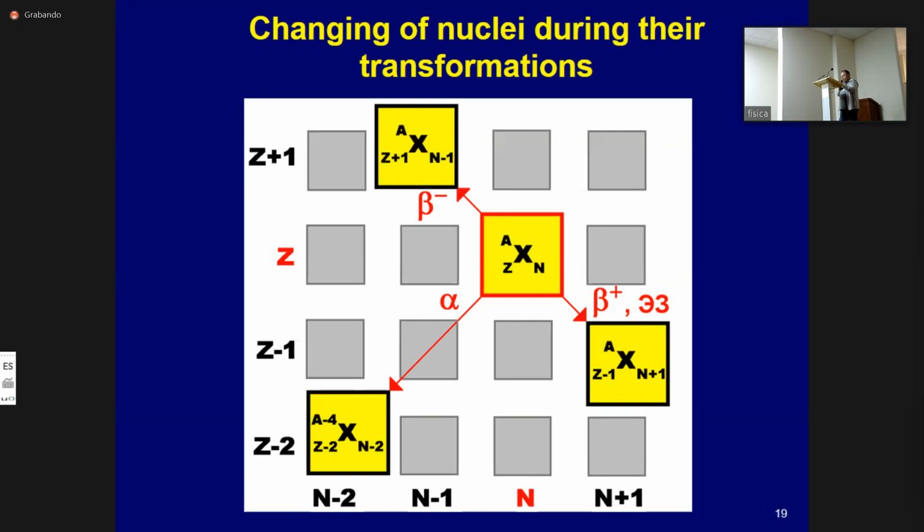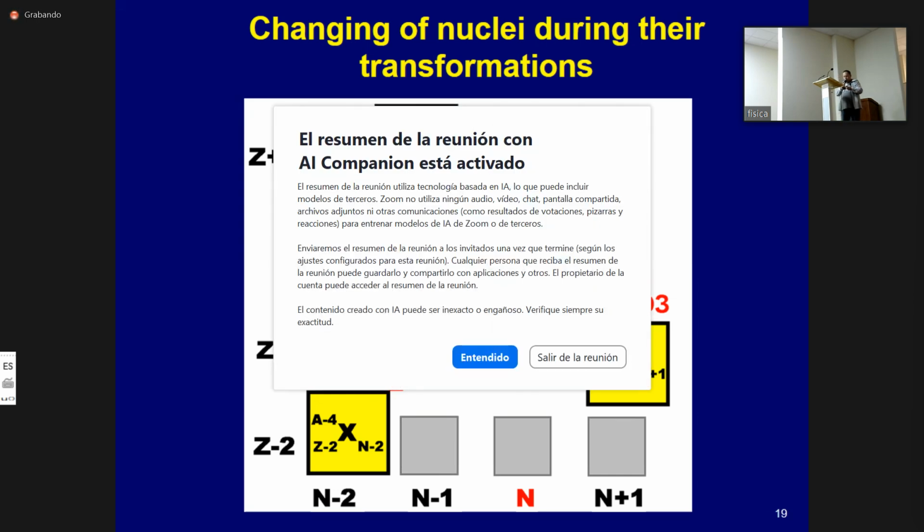For nuclides heavier than bismuth, alpha decay becomes possible, when the converted nucleus moves 2 steps down and 2 steps to the left in the table. Most of the daughter nuclei resulting from alpha decay are rich in neutrons and have a high probability of further beta minus decay.